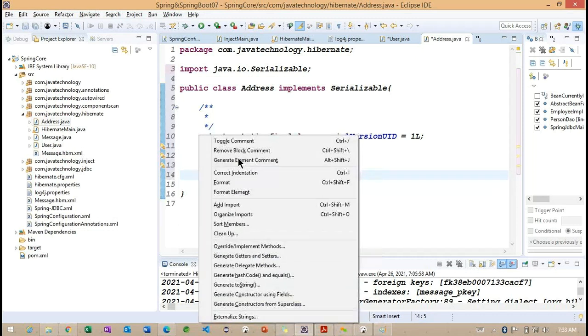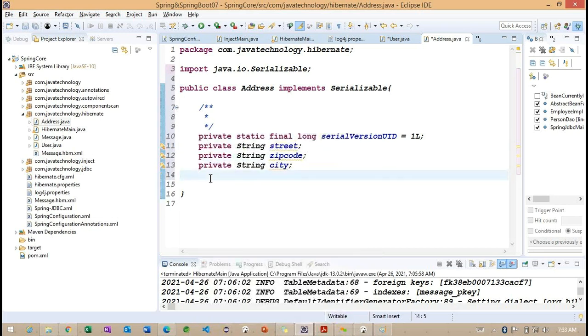Right. So now I'm trying to generate setters and getters here. What is the shortcut to generate the setters and getters? When you're working with Eclipse, these are the shortcuts we can use on any newly created class. NetBeans has different shortcuts, but in real-time applications, most organizations are using Eclipse or MyEclipse, so the same shortcuts we can use here.